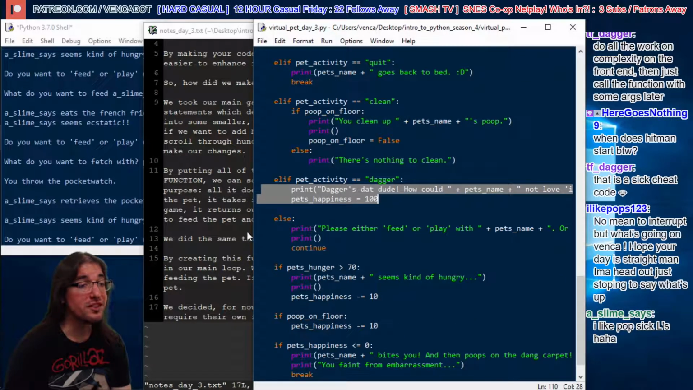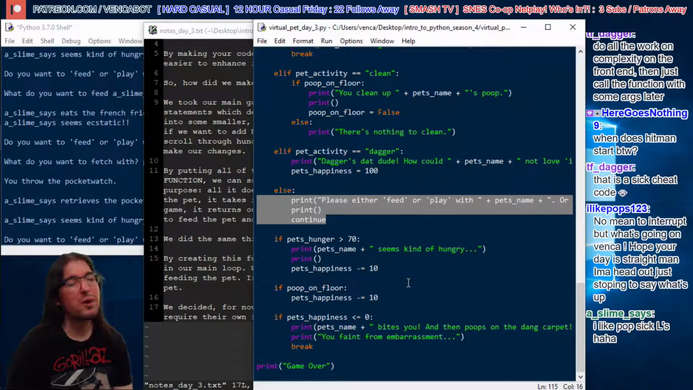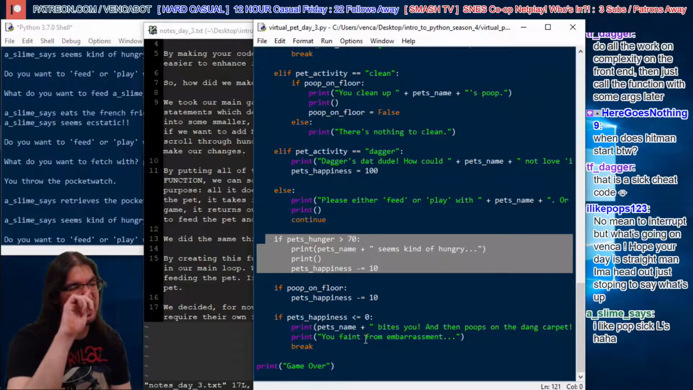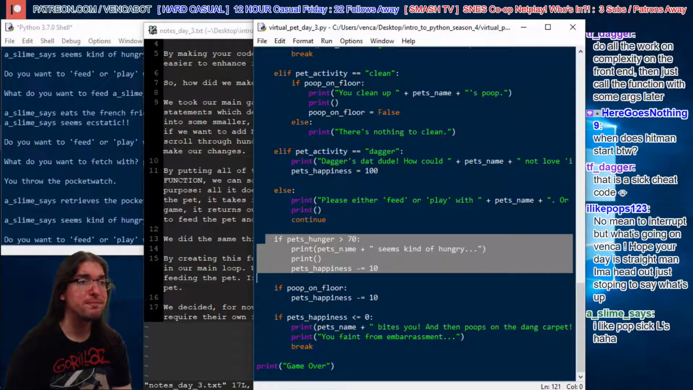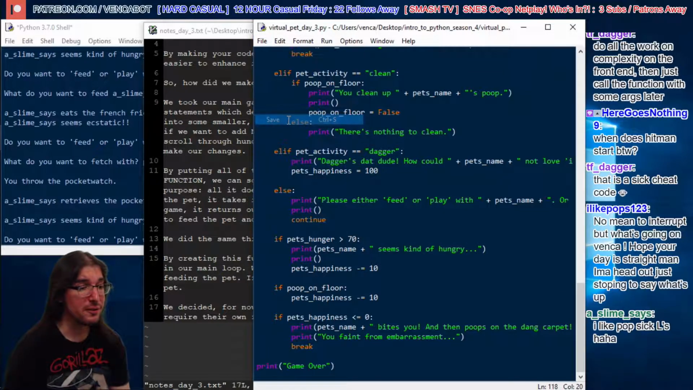Otherwise, you know, you have an error message there. Here's the end of our function. Right? If pet's hunger is greater than 70, then do that. If poop on floor, then do that. You know, all this stuff. So-and-so can bite you if they're too low on happiness. It's whatever. Okay? So we made our function, although it works the same way, our program in general, it's